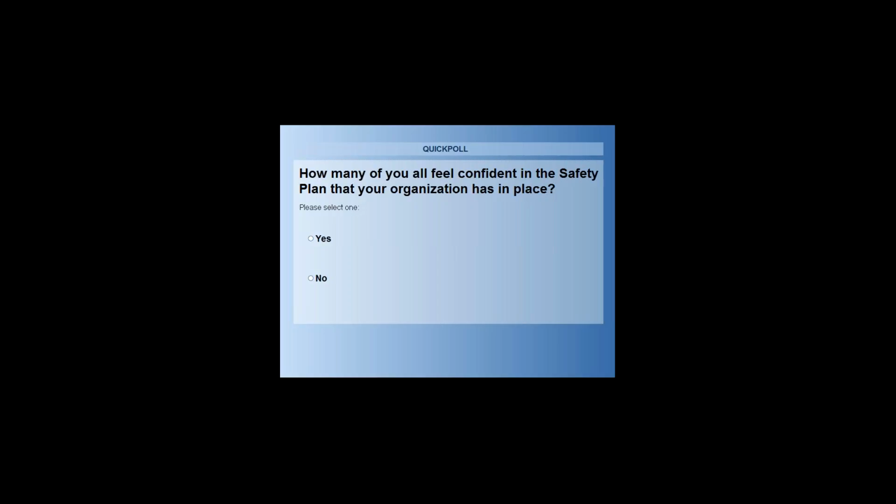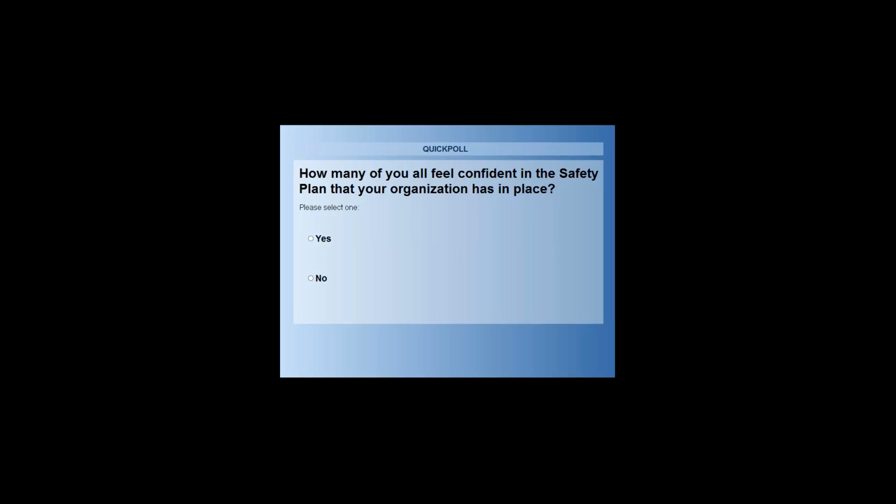And I'll jump in as you are selecting your option and evaluating whether you feel confident in your plan. As Katelyn mentioned earlier, there is a requirement in most states, believe it or not, not all, that you have a safety plan in place. What challenges me about that requirement is that it literally says you must have a safety plan in place. It does not detail the specifics that must be contained within that plan. It does not articulate exactly what you are supposed to do. And frankly, having a safety plan in place may not actually be protecting you if it's not comprehensive enough.